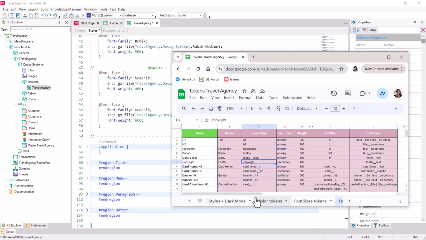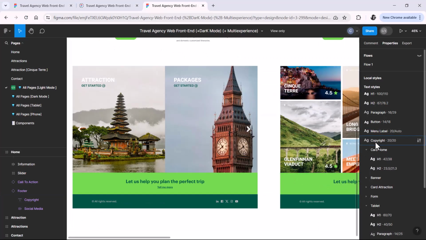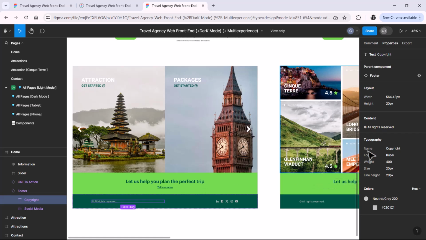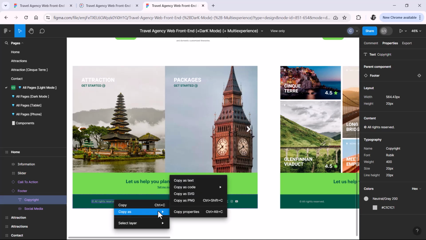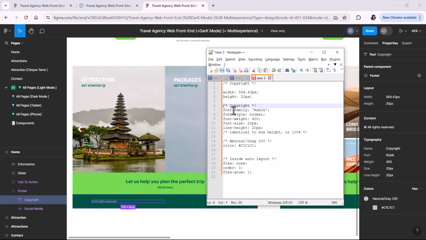I'll stop in the copyright class because it uses a font family that's not the default one. It'll be the one of our secondary token, and we didn't use a token for the font size, but we left its absolute value, remember? Well, here I find the typography style corresponding to this element here. I extract, as usual, its CSS properties, paste them, copy the typography style and color style,